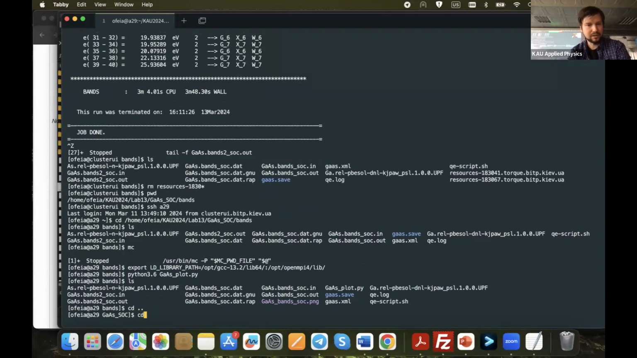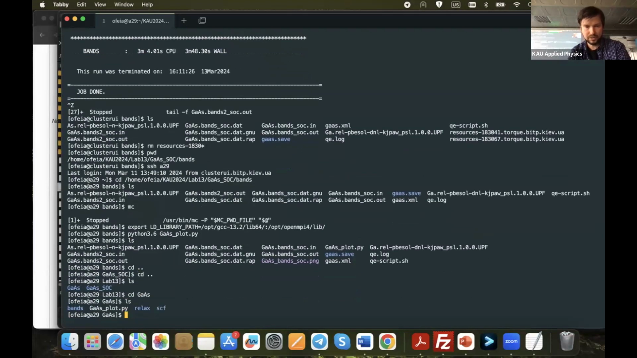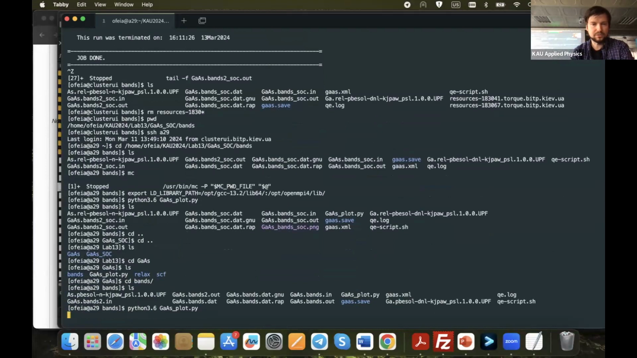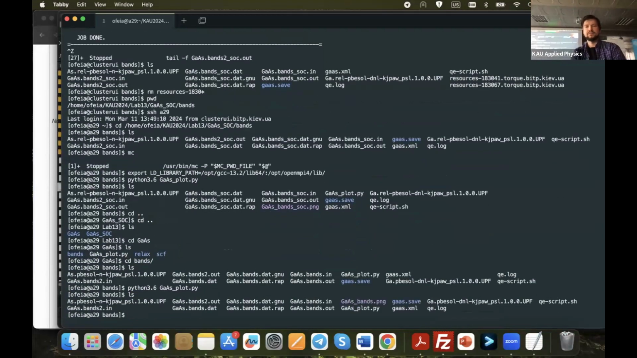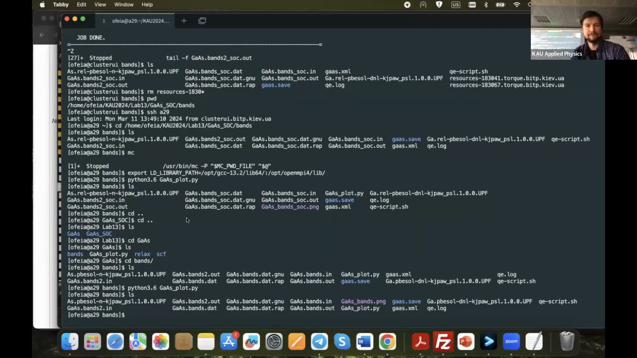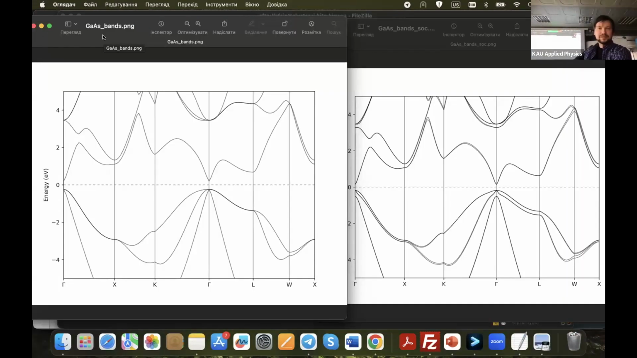Then I go to the file arsenide to the common calculations, bands. Here I have, and here I just start the same plot. Export from QE script. So you can see